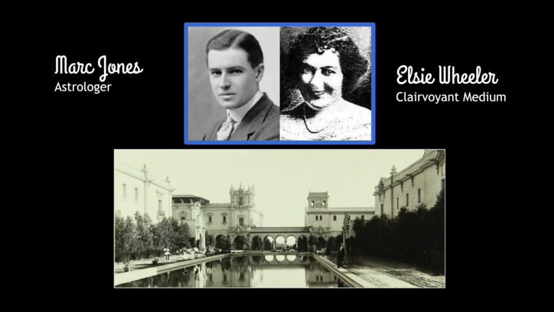Neither one of them would know what the card said. But let's say it said 13 degrees of Pisces or something like that. He would put that on the back side, and then he would hand her the card, and he would just say, "What do you see? What's coming to you? What do you see?"